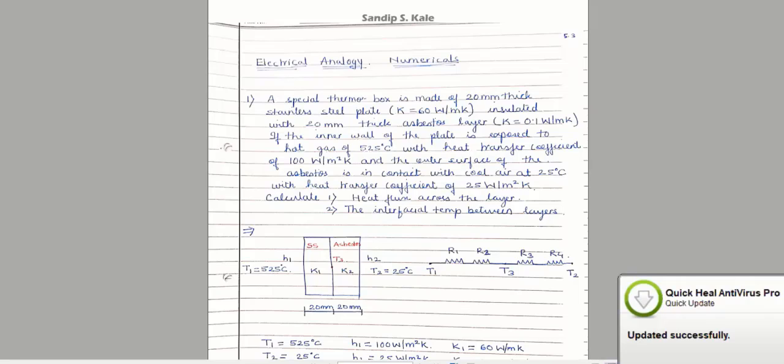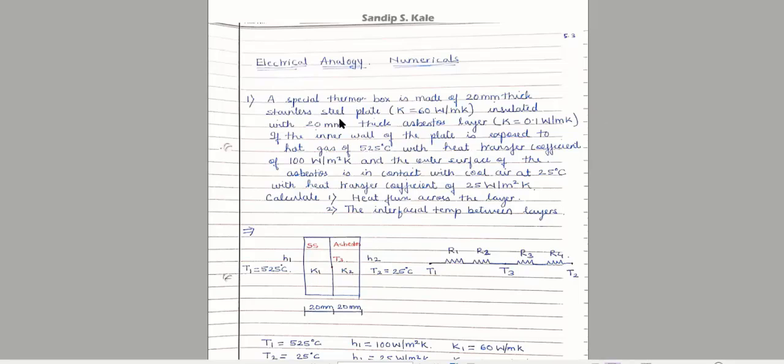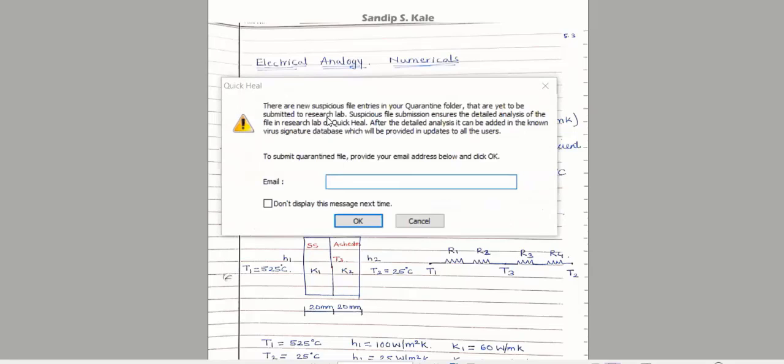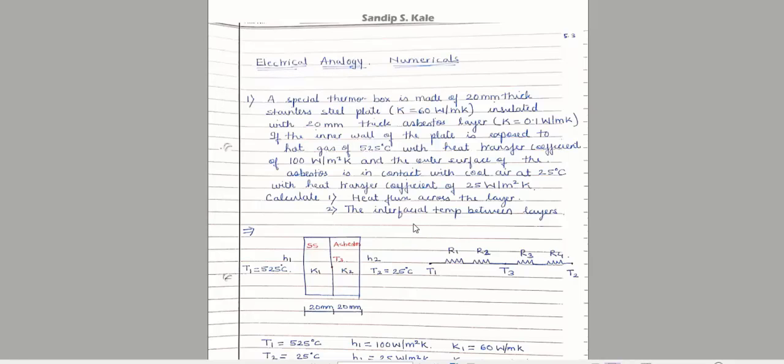Next important point is that the numericals are mixed, meaning there are n number of different types of numericals. So you should be in a condition to identify which numerical this is, and on which parameter it is based. So we'll start with it. You don't need to worry, just try to relate the theory concepts with the numerical. Automatically you will be in a position to solve it.